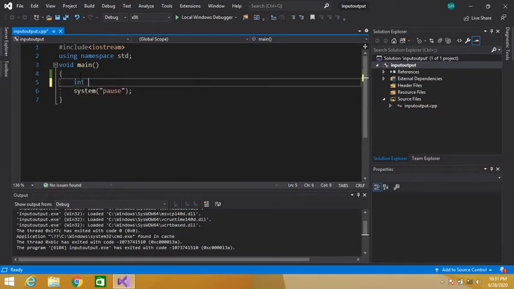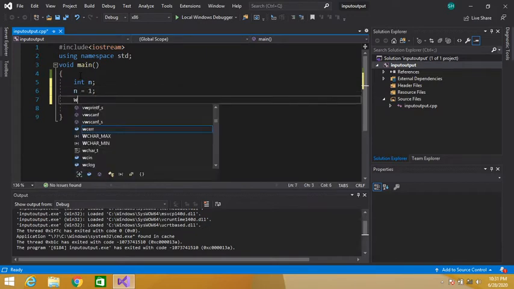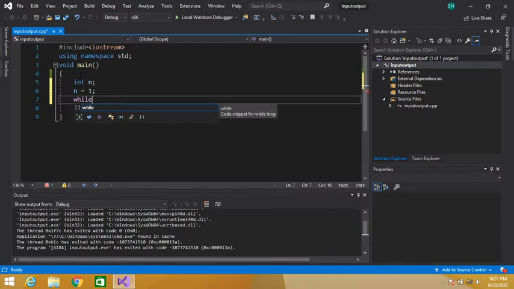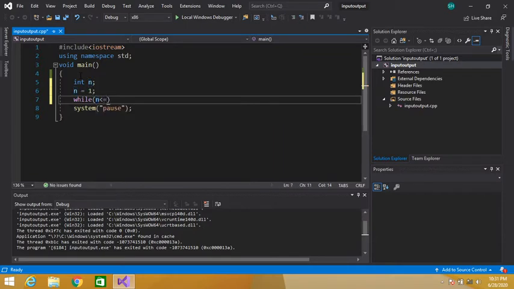We have to display the first five numbers and their squares. n is equal to 1. We are starting from 1. Then we have to calculate the square of the first five numbers. So while n is less than or equal to 5,